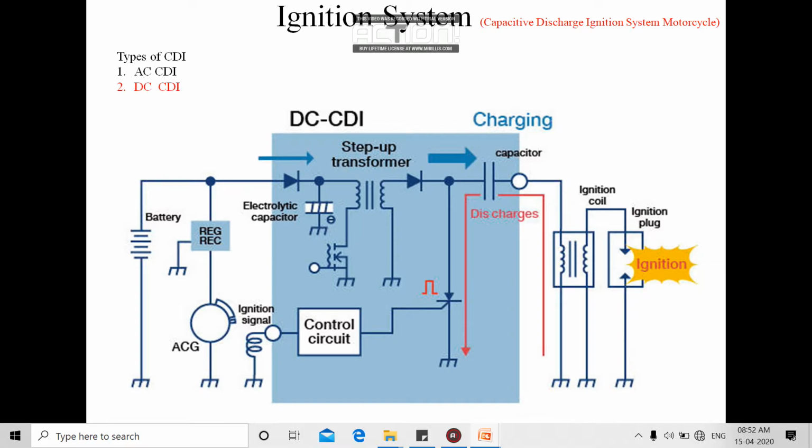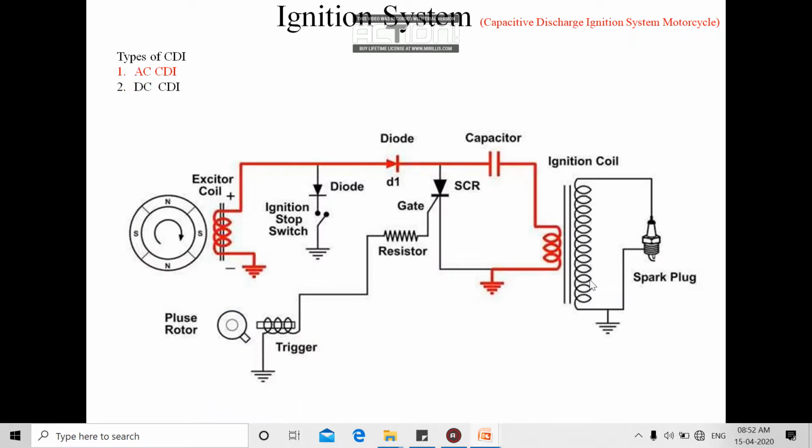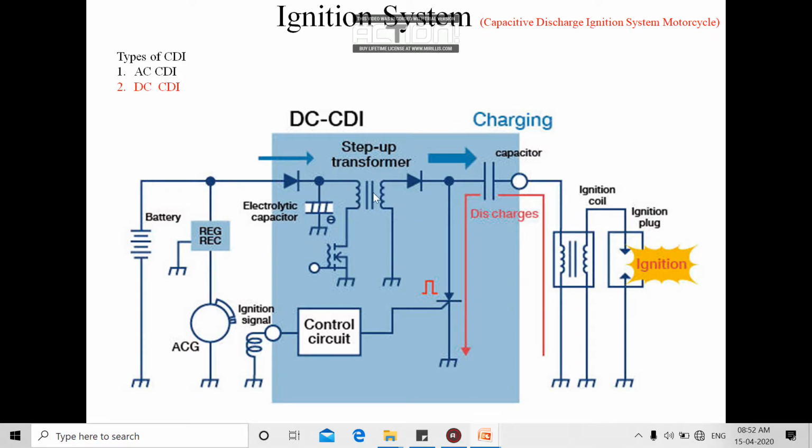That voltage needs to be regulated, otherwise your CDI unit may burn or get damaged. Why damage, we will see further, because here there are two step up transformers, one step up transformer and a second step up transformer. In the previous case there was no step up transformer used inside the CDI, only one step up transformer, that is the ignition coil. But in this CDI we are using two step up transformers, this one and this one. So if it develops 400 volt and that 400 volt is applied to this step up transformer, it gets further stepped up, that 400 becomes 4000 here, and further 4000